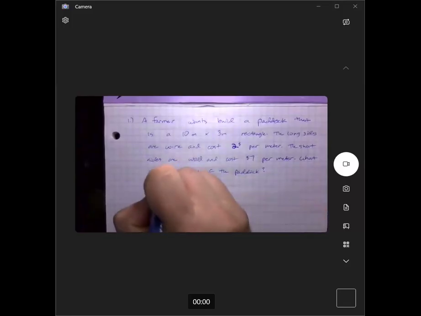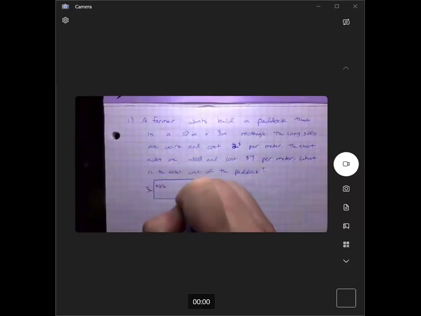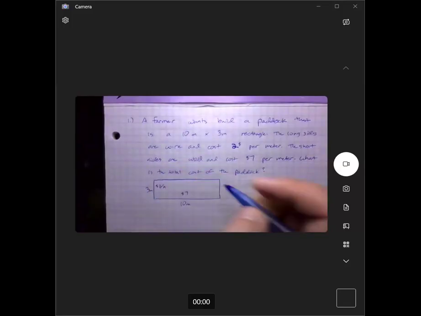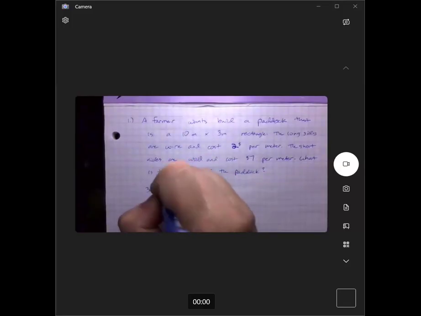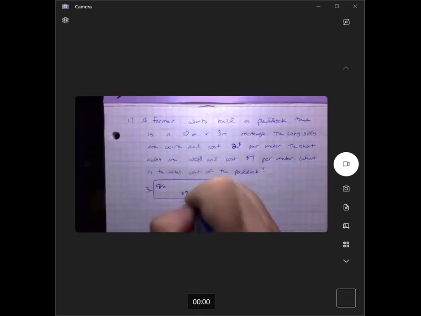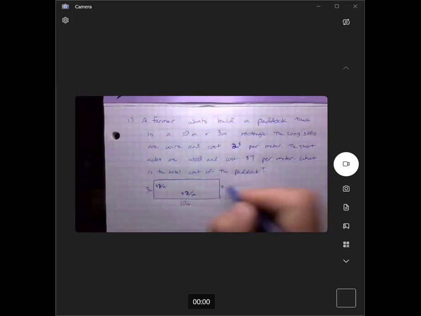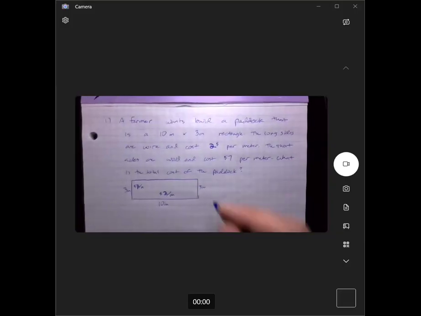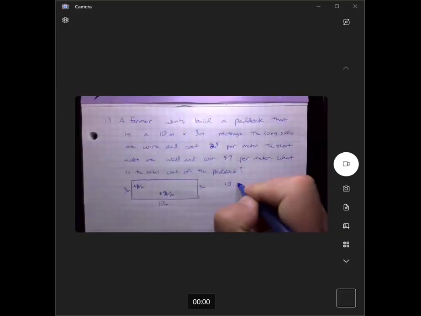And the cost here is $2 per meter. And the cost here is, did I get that right? No. The cost here is $7 per meter. And the cost here is $2 per meter. And so we can see that there's going to be 3 plus another 3 meters and 10 plus another 10 meters. So our mathematical expression is going to end up being 10 meters times $2 per meter